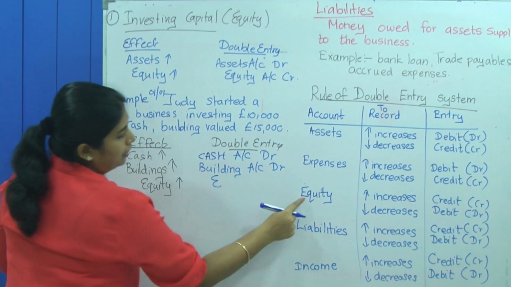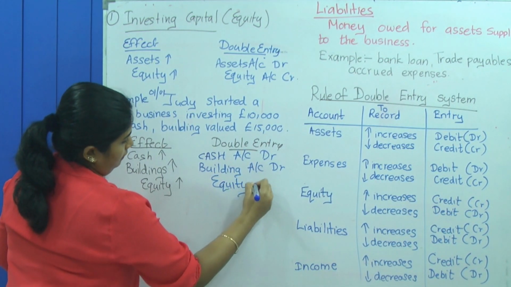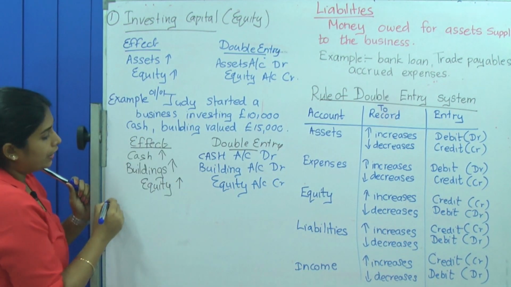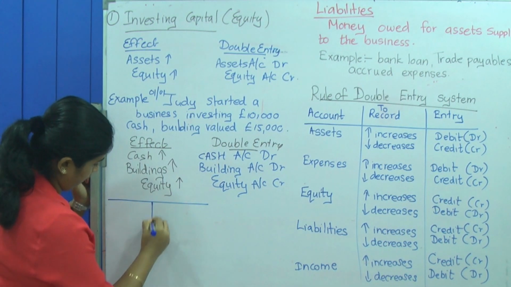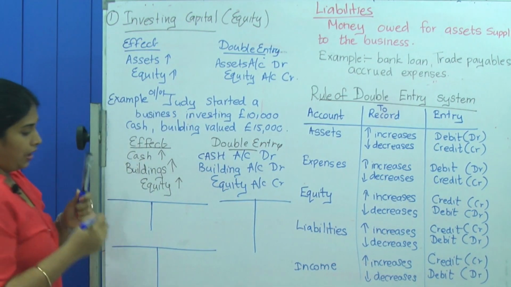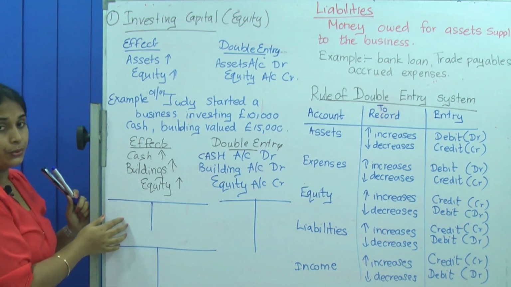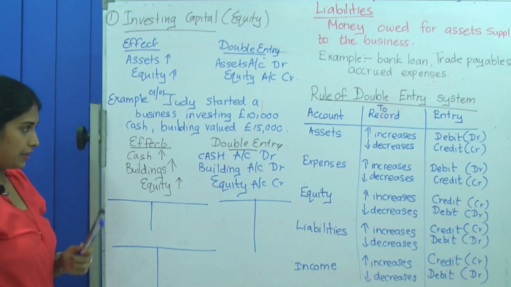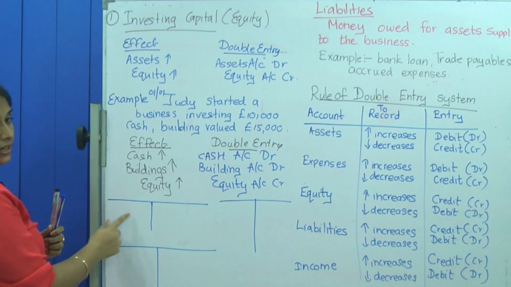And equity, when equity increases, it's on the credit side of the account. Now this is the double entry. Now we are going to record them in T accounts. Not 2, 3 T accounts. Normally I have given you the format, but when we are recording, we are using a T. A ledger looks like a T to record these transactions. No need to draw the whole format. Instead of that, you can use the T account.